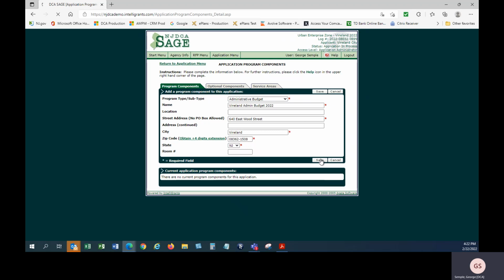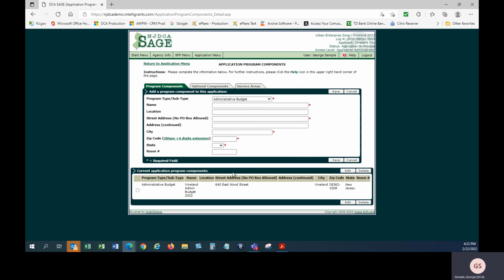I will save. I've now added my program component down here of administrative budget. You'll see on these other tabs, there are optional components. The UEZ program does not utilize optional components that I'm aware of, but you do need to complete the service